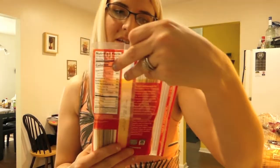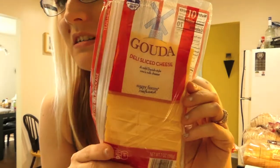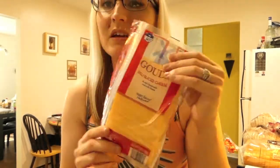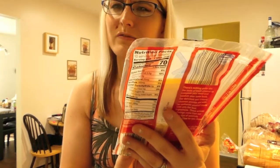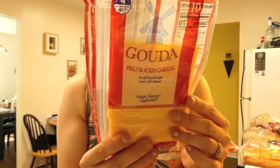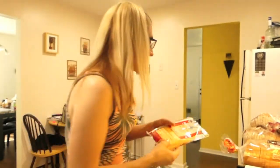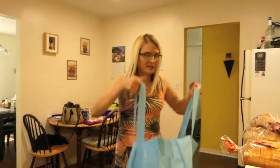And then I also picked up 10 slices of this Gouda deli sliced cheese. We do like Gouda a lot. And for 10, I think it was about $1.50 or so. So definitely not a bad little deal. Ingredients look great, so I picked some of that up. And then moving on to the next bag,